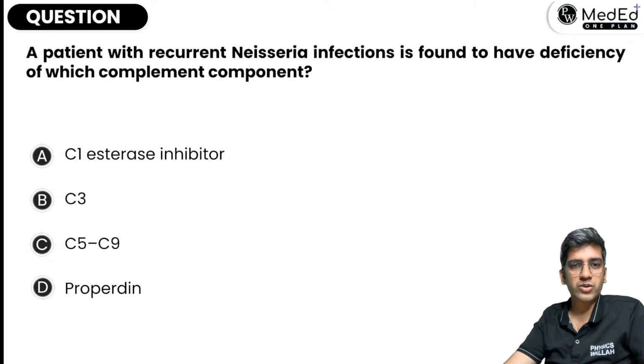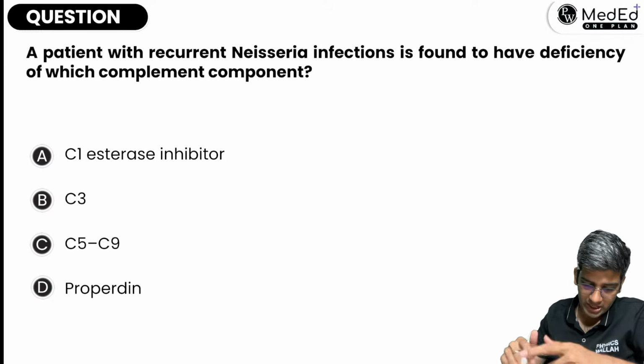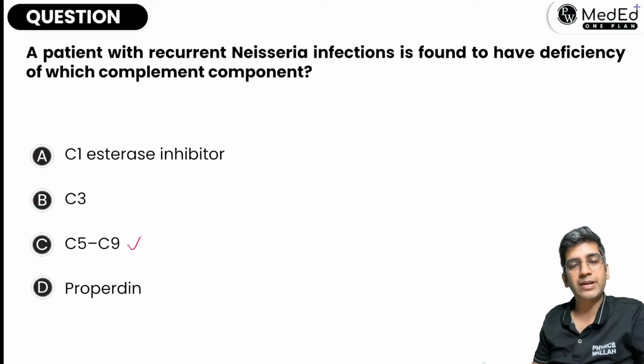Not a pure pathology question, overlap with microbiology, but still. Defect in which of the following will result in Neisseria infection? Neisseria infection is a defect in the C5 to 9, right? When you have a C5 to 9 deficiency, you might end up having more risk